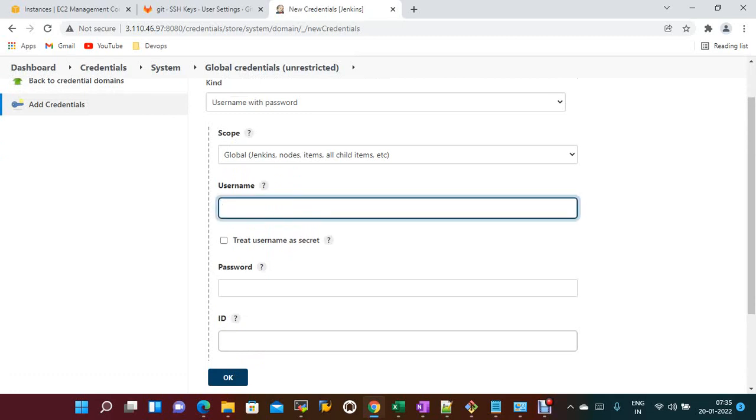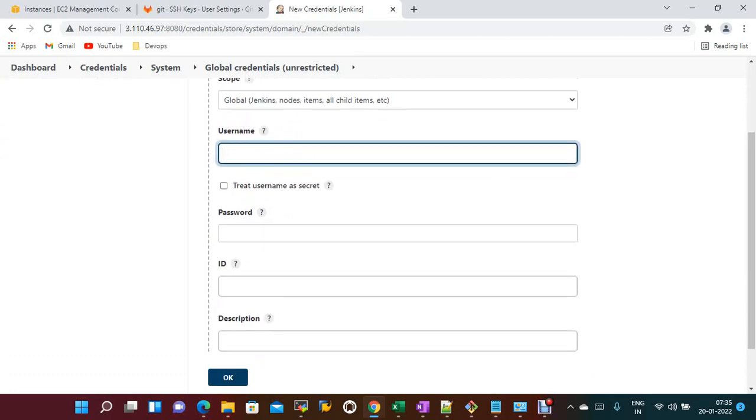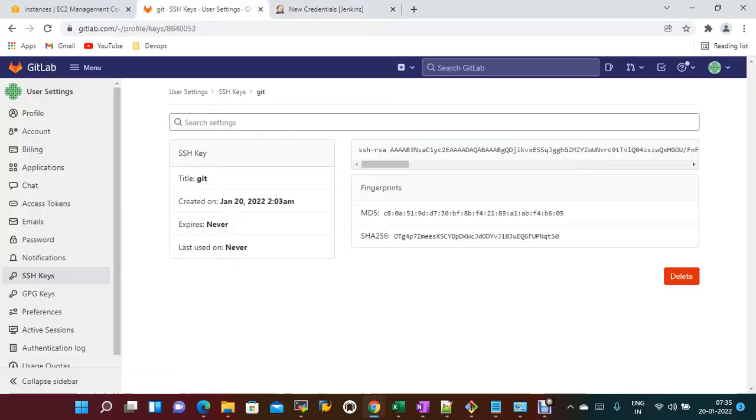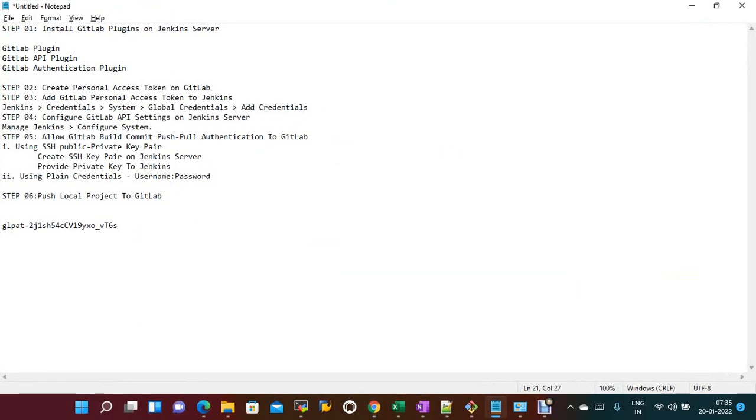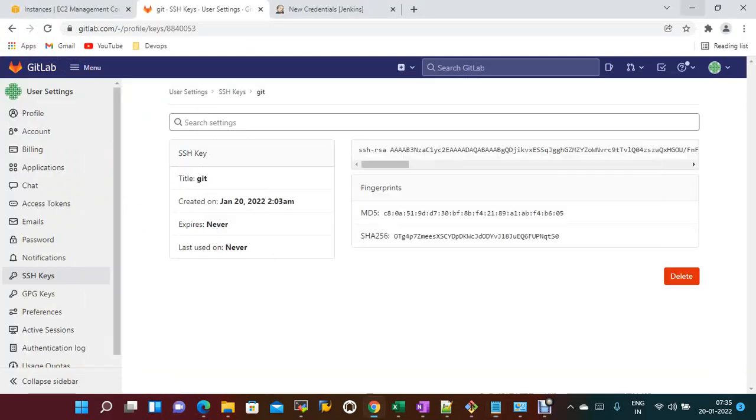Okay, of your Jenkins home page and password. Okay, currently I don't want that one. Now SSH key, this one is done, and plain credentials added this one. Now let me